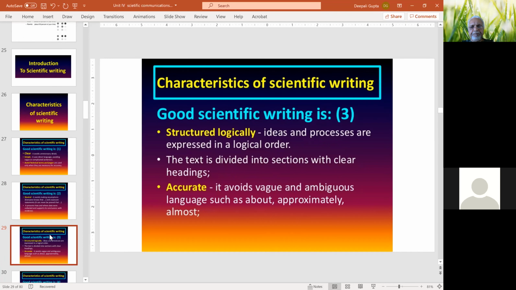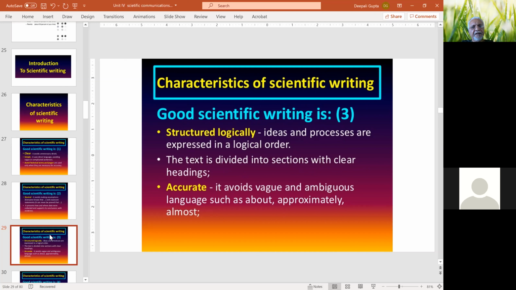And then the whole content should be structured logically, whereby the text is divided into different headings, starting from the beginning to the end, and which ends with a conclusion, whatever you want to write, whether a scientific paper, a review or a book chapter.